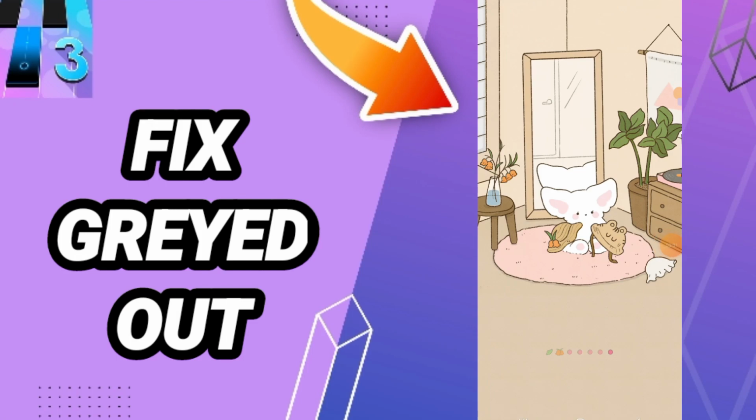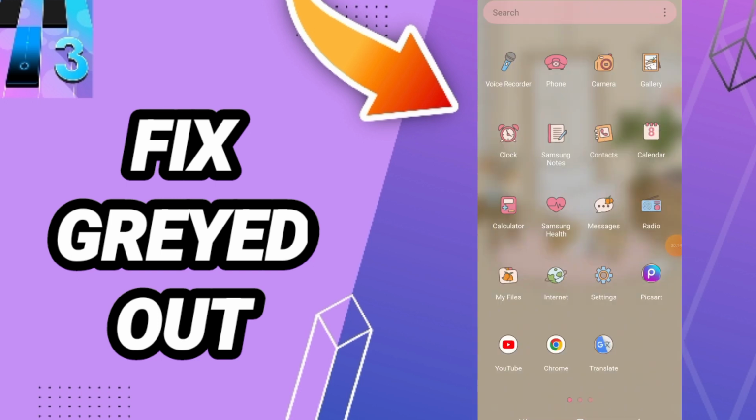Hi everybody, today we'll talk about how to fix or how to solve the problem of grayed out on Magic Tile 3. To know how to fix or how to solve grayed out on Magic Tile 3, you should just